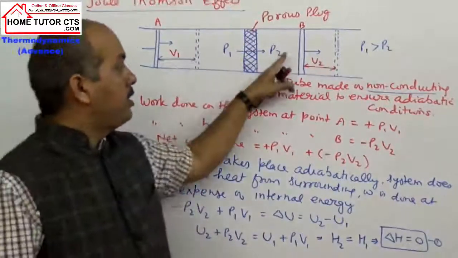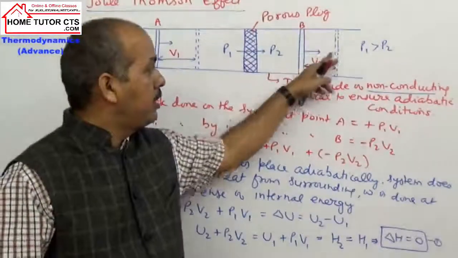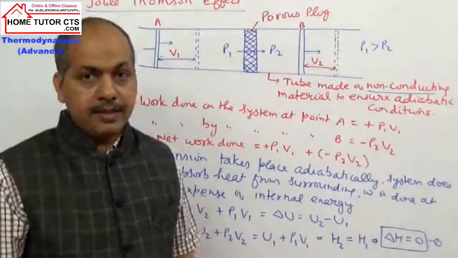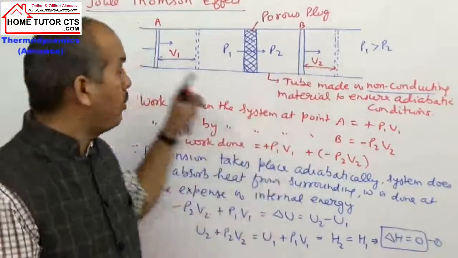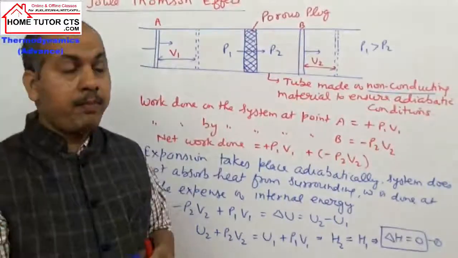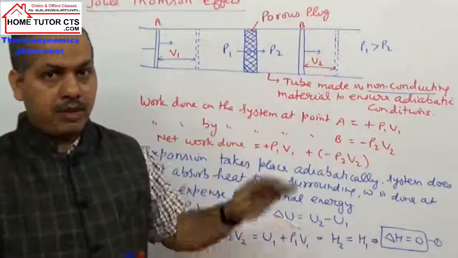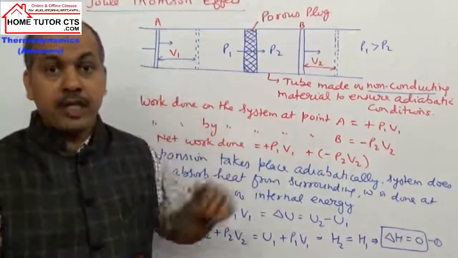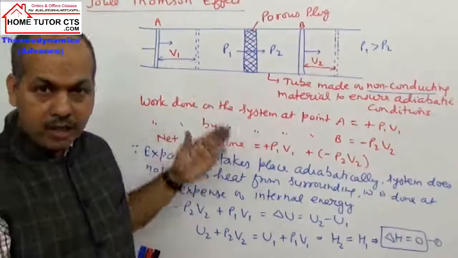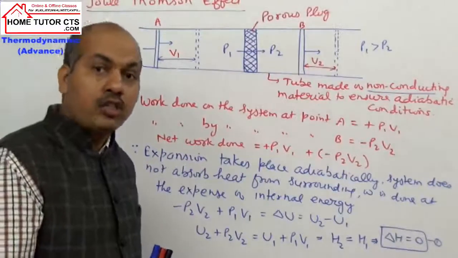And then this side, when the gas will be entering, the volume increases. यहाँ पे क्या volume कम हो रहा है. You can see this at the point A, the work is done on the system, so volume contracts, compression takes place. When the compression takes place, it is called work done on system.